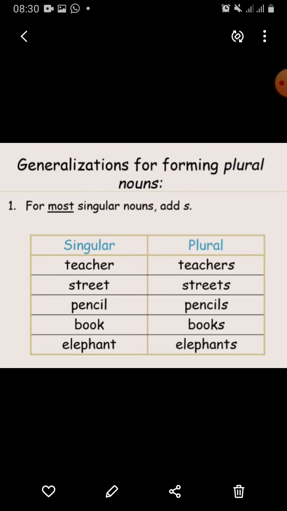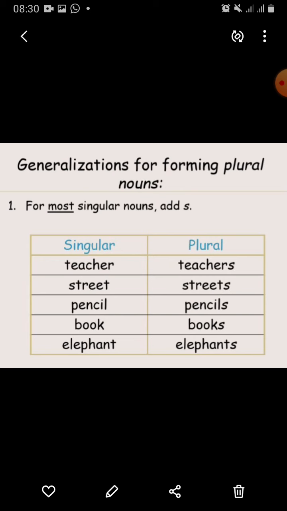Now, generalizations for forming plural nouns. For most singular nouns, add s. For example, if there is a singular noun, teacher, then we add s to make it plural: teachers.